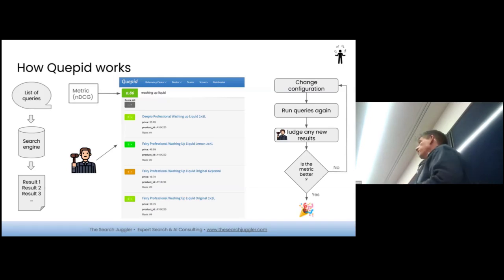Any items that were previously judged are still judged. You can reuse them. You might get some new results in the list if you change the configuration quite a lot, so you might have to add some more judgments, but eventually you end up with a nice set of judgments, and you can begin to iterate and improve search as you go forward. And obviously, if it comes out as a really lovely high number, you can say, yeah, search is fixed today. Well, it's not, obviously, unless you just tested some queries, but it's a starting point. And it's a very powerful starting point.